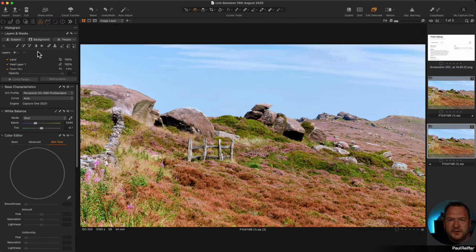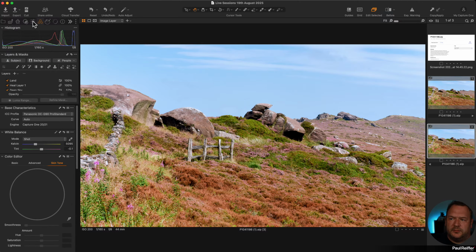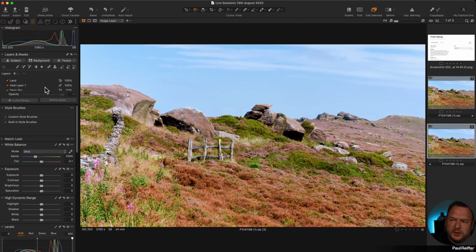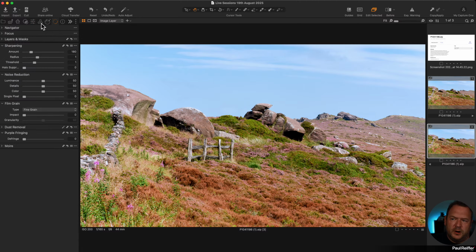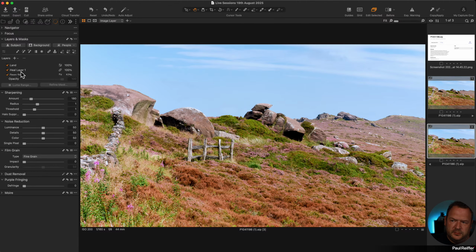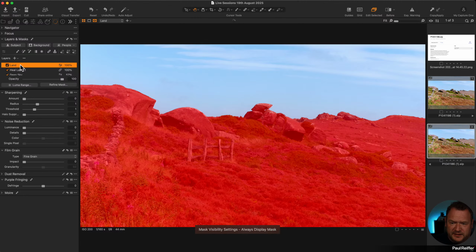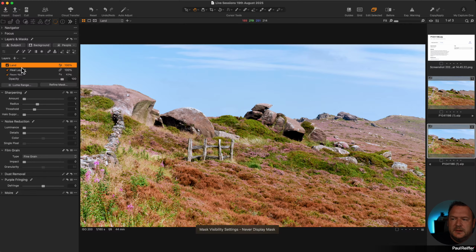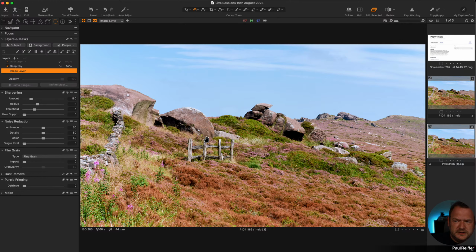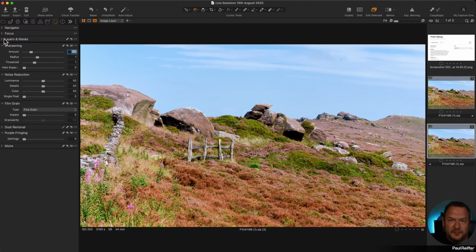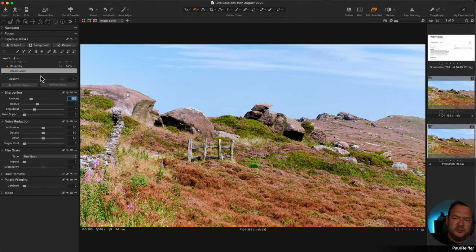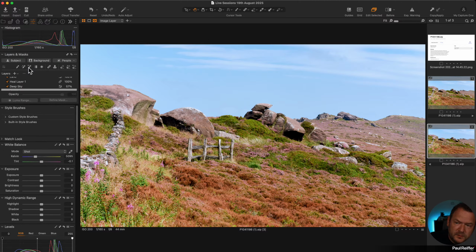Next one is always have open layers and histogram on every single tab that you're working on to make sure that when you are on a layer, for instance here, if I started doing sharpening here, it's only affecting this land layer, which is this bit. If I was sharpening here, it's affecting my entire image layer. I don't know that if my layers are collapsed. So please, whenever you're editing in Capture One, make sure you've got your layers visible, and on any tool tab